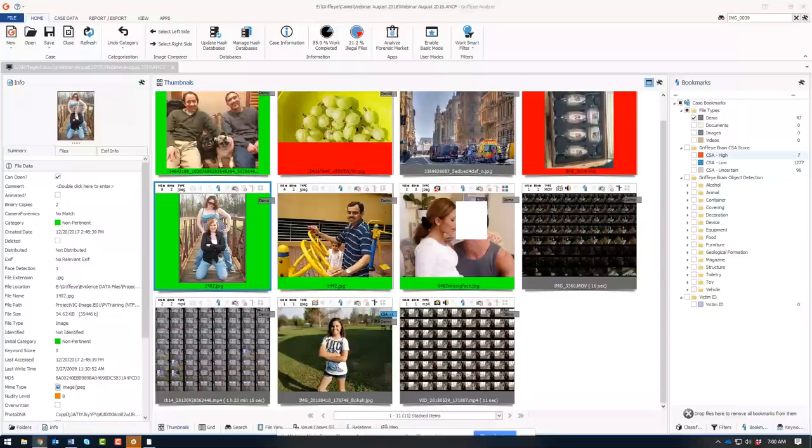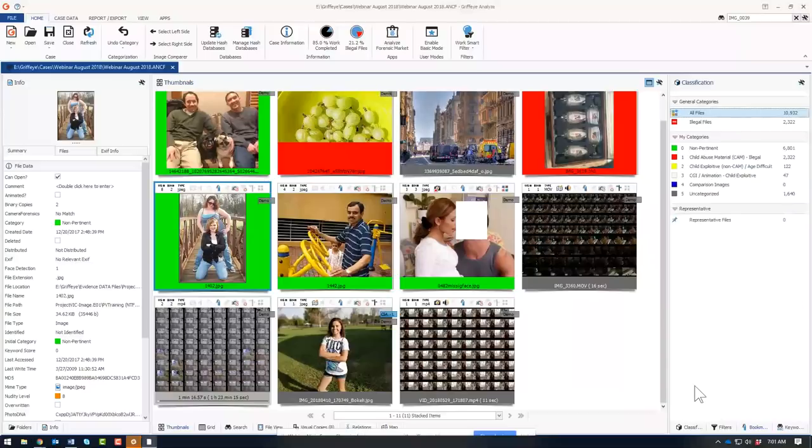I like to think of all these pictures and videos as this giant haystack, and using the power of filtering and the power of pre-identifying and pre-categorizing files, we can start getting rid of huge amounts of pictures and videos that are not important to us. So we're not wasting time. And we're certainly not going over and over the same picture again. If you've done examinations for any length of time, you will see that if you're using an old tool, you're going to see the same picture numerous times.